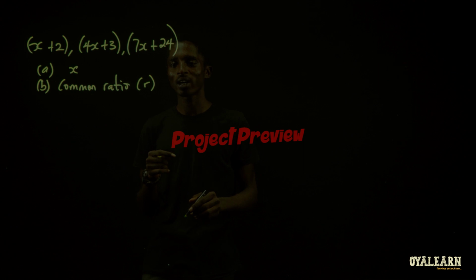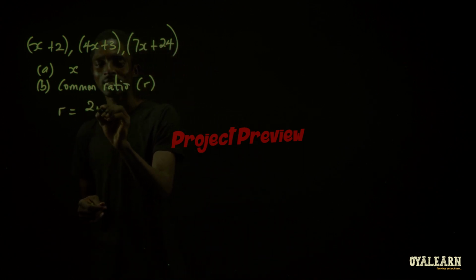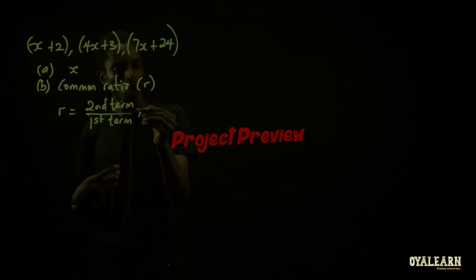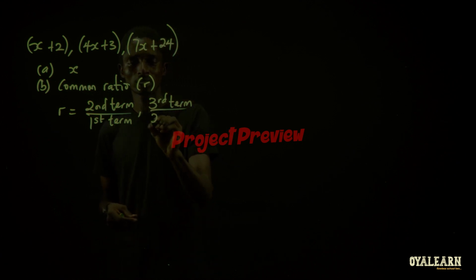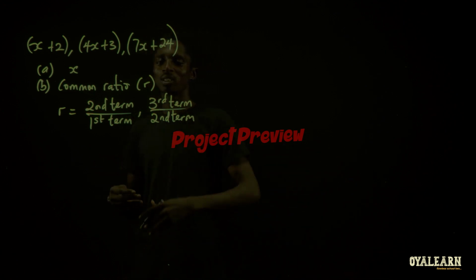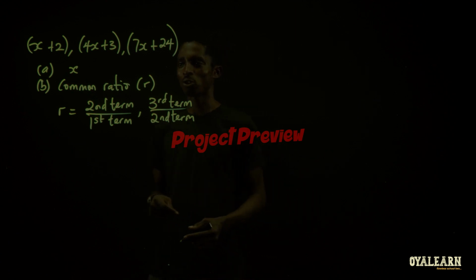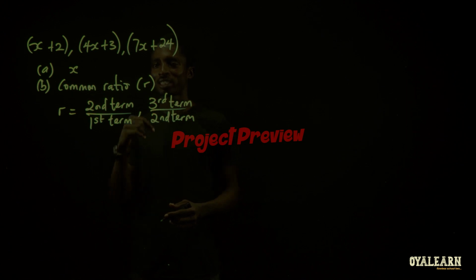And the formula to find your geometric ratio is r equals second term over first term, or you could also have third term over your second term. I believe you get it now. That means you can also have it as your fourth term over your third term and so on and so forth. So given that we only have 3 values here, we're going to use this to find the value of